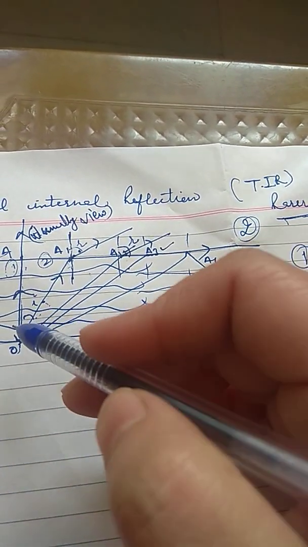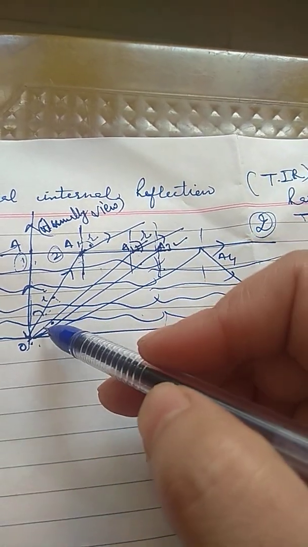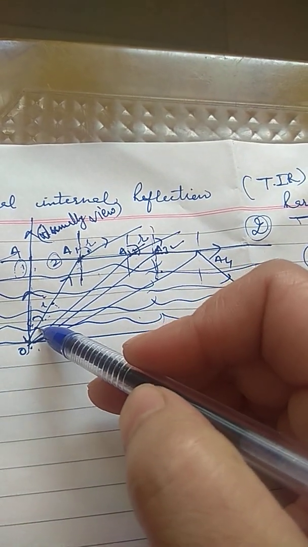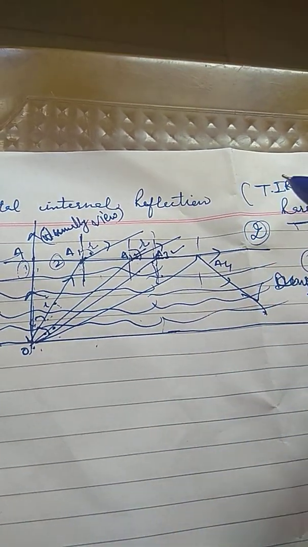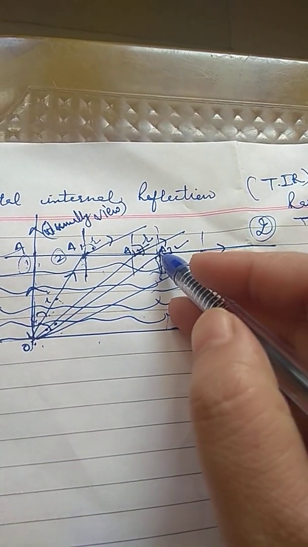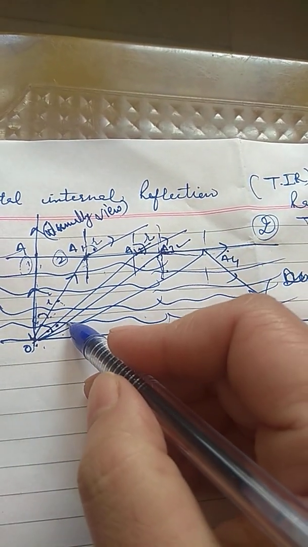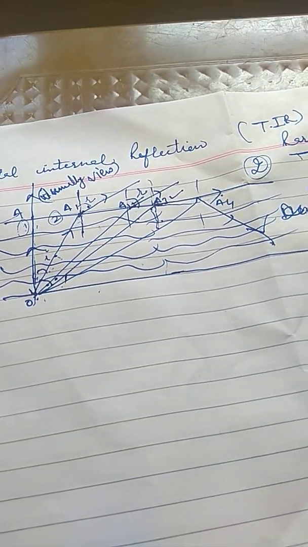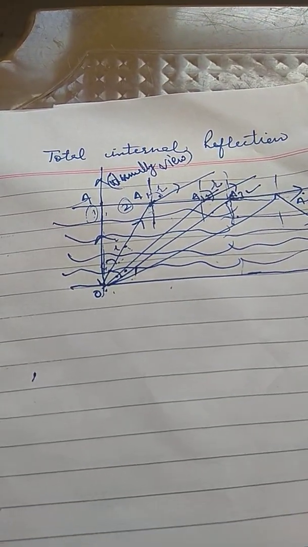when you increase, let us suppose now we are looking at point A3. Now at point A3 I draw a normal. Here also, if your angle of incidence increases, then the angle of reflection also increases. But this angle A3 is a very special case. In this case, the angle of incidence is the critical angle.